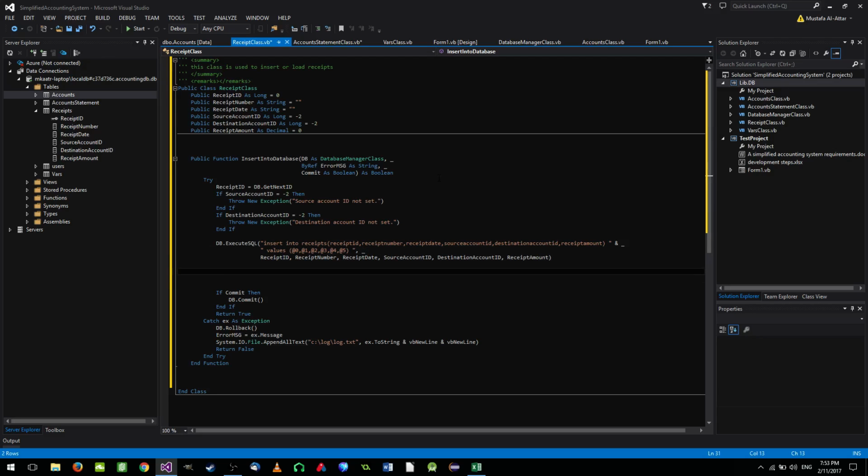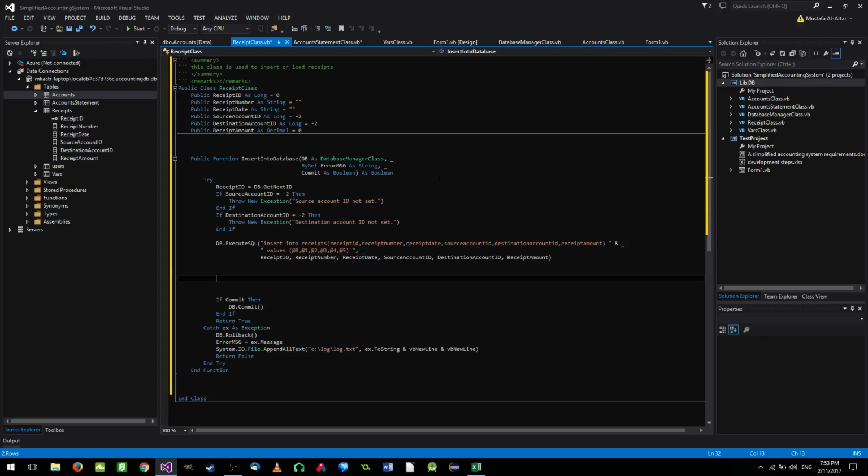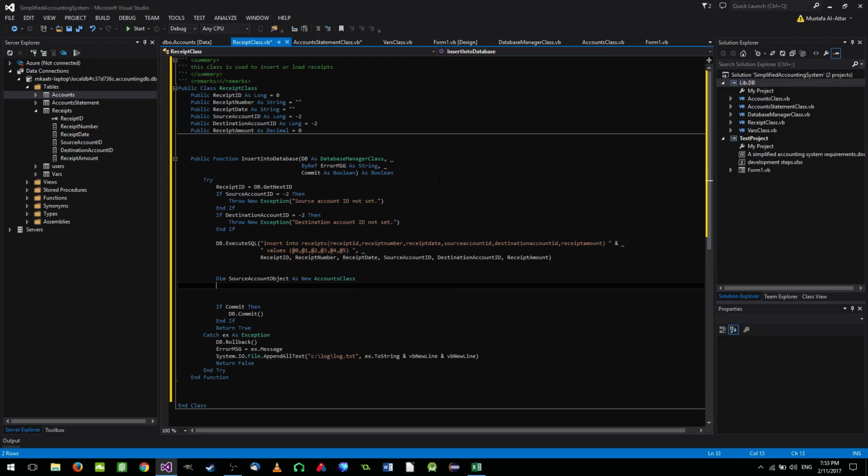Okay. So now we just had this. I have this one. So we need to get the accounts object to know what is the amount of money in each account before updating them. So dimension source account object as new accounts class, and dimension destination. Oh, let me finish this one step at a time. If source account object dot, okay, dot,